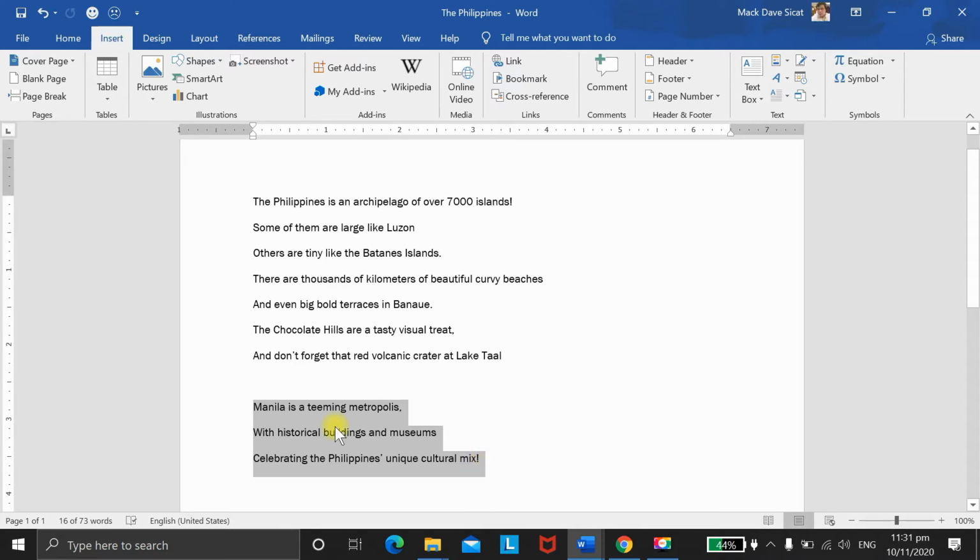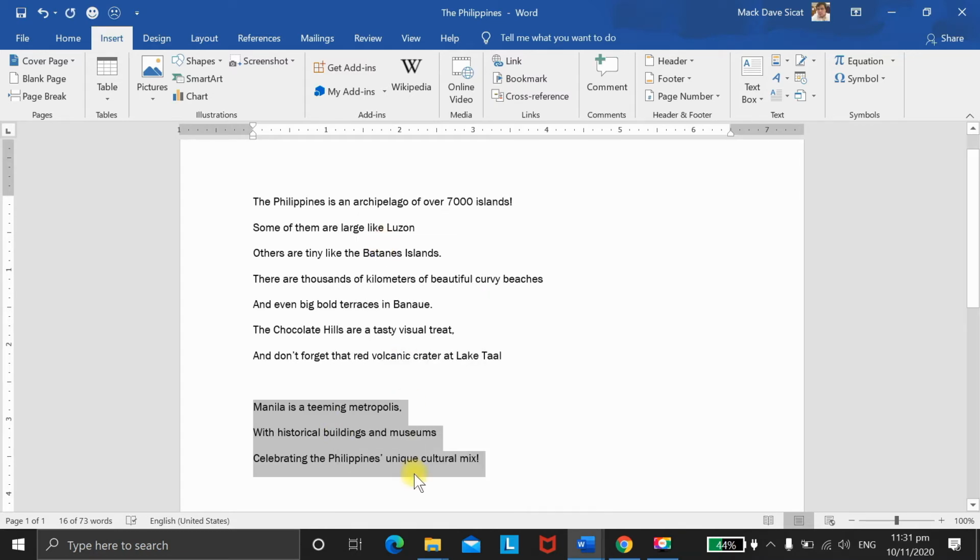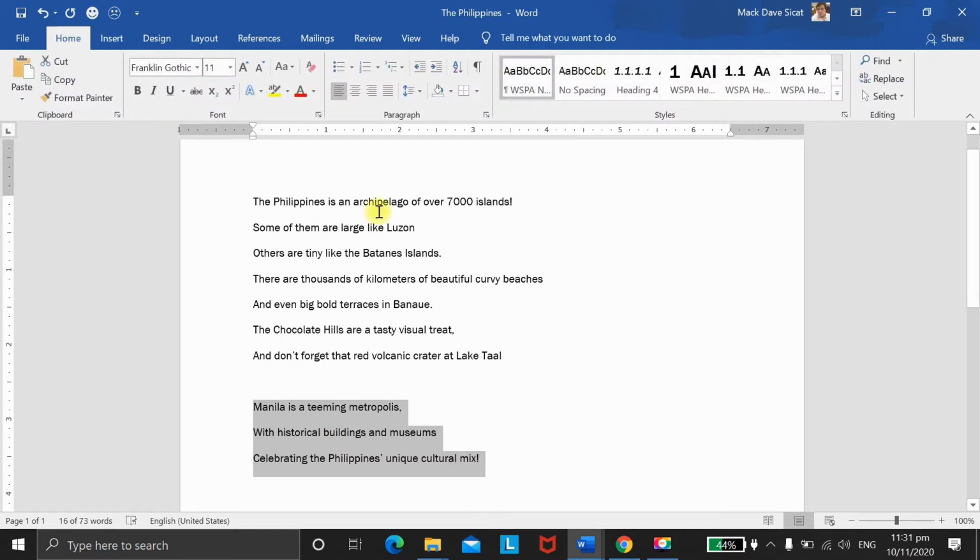Then you can right click and then copy. Or you can click Control C, or you can go to Home tab and in the clipboard you can select the copy. After copying the content of the second paragraph,